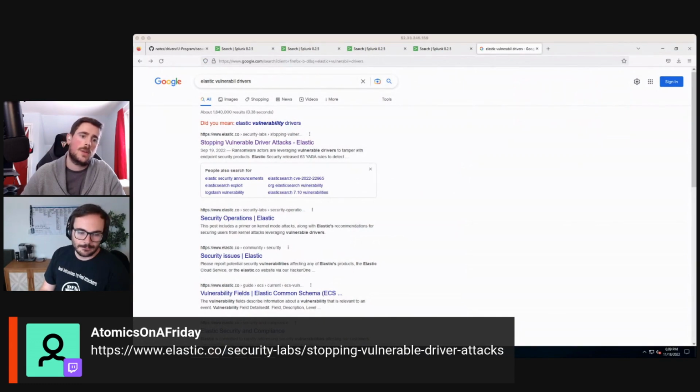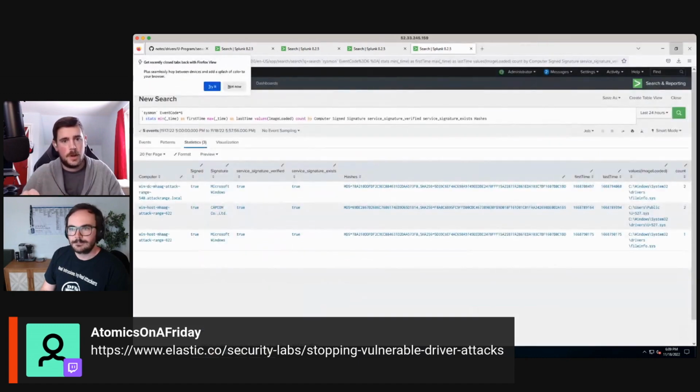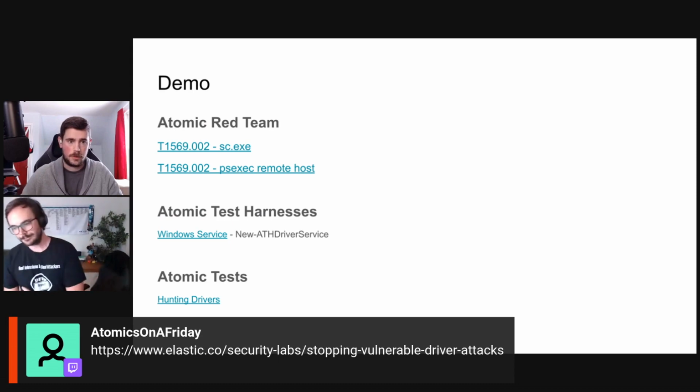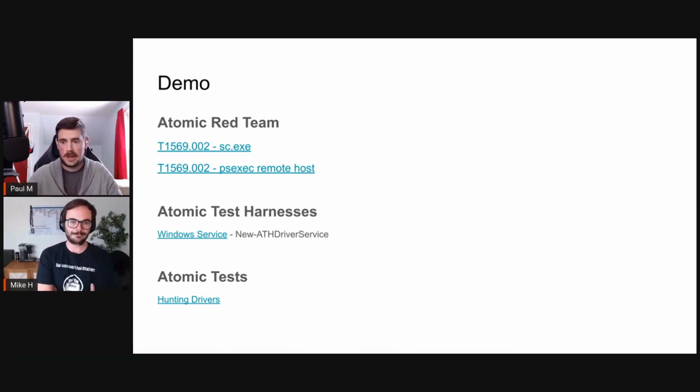I think two plugs here, which is one, the Elastic rules that they've publicly released are phenomenal. So if you're looking for ideas or potential